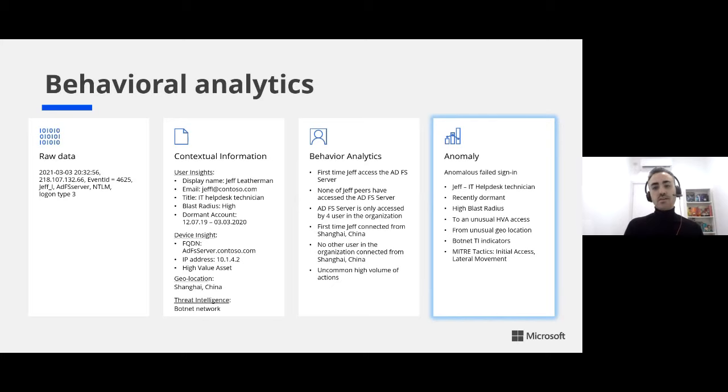Eventually, we will produce an anomaly. Anomaly is just taking all the things that I just described and putting it in one box. But not only that, we will remove information if it won't be relevant. We just want to make sure that you see the data that will help you come to a decision about what to do with this kind of indication. So we'll provide you with relevant data. We won't overflood you with information.